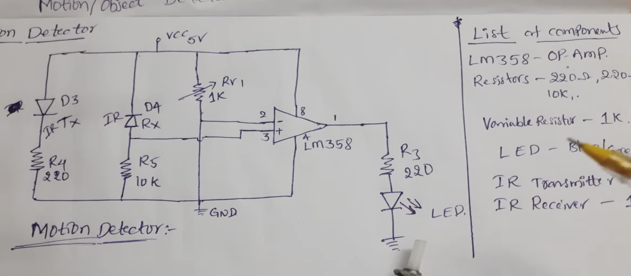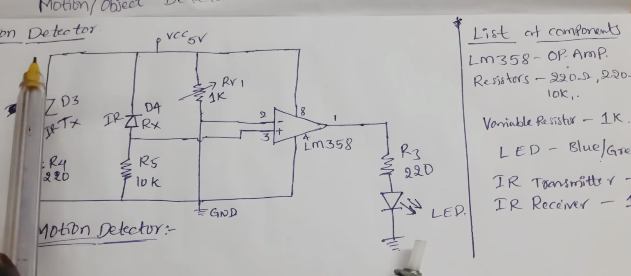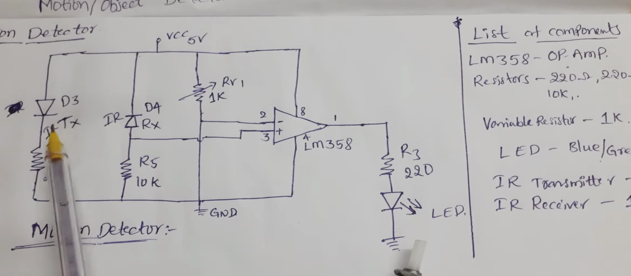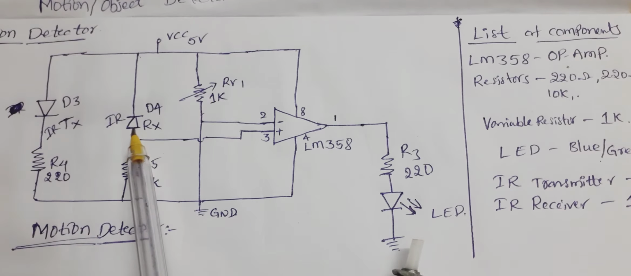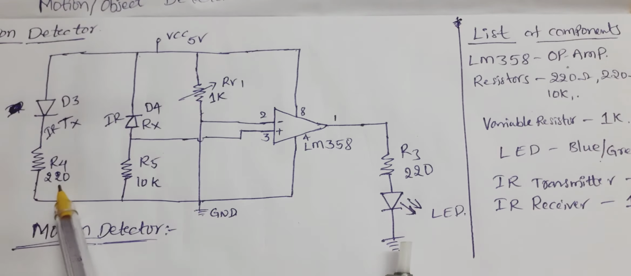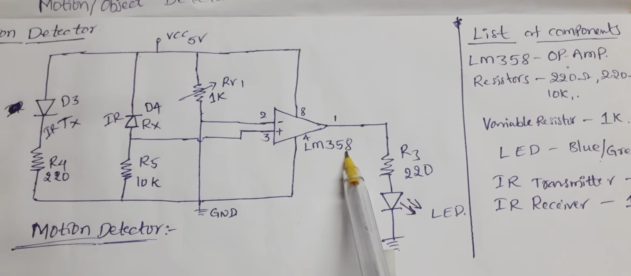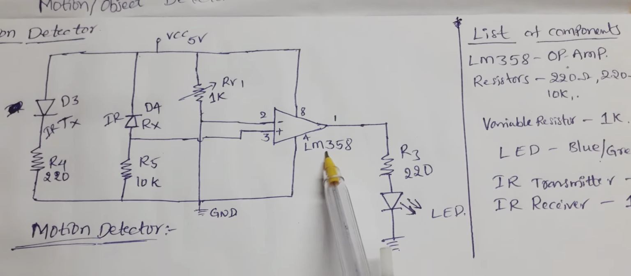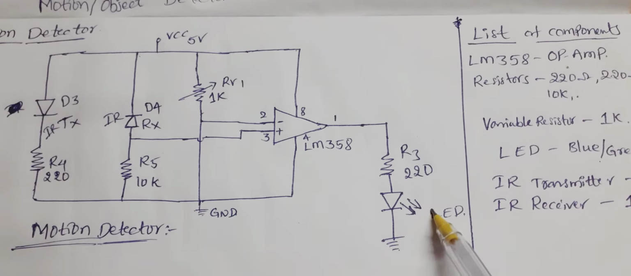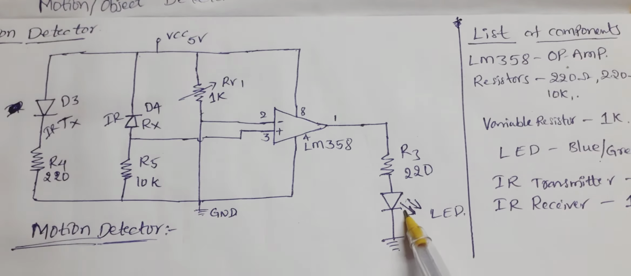Hello all. So this is a motion detector or obstacle detector circuit, and in this we are going to use an IR transmitter, IR receiver, one potentiometer, resistors 220 ohms and 10 kilo ohms, and one comparator, that is the LM358 comparator. We are going to use the op amp as a comparator, and for output we can use an LED or a speaker or buzzer. So whenever an obstacle is detected, we can recognize it here using an LED or